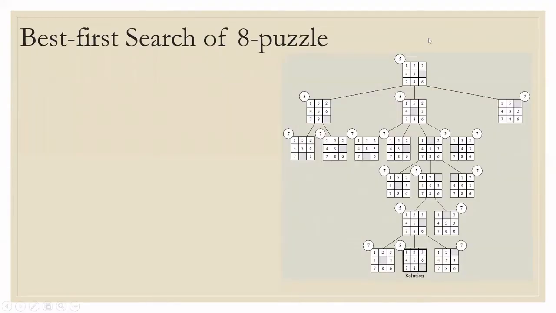Now when you see this state space tree, the initial root node has the lower bound 5. From the initial position, there are 3 movements possible in level 1. You can see that the first child and the second child have a lower bound value of 5 movements and the third one has a value of 7.